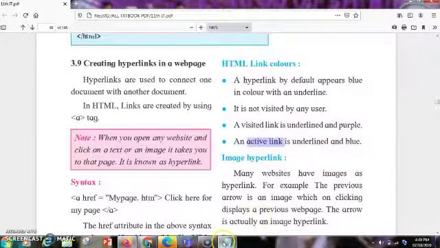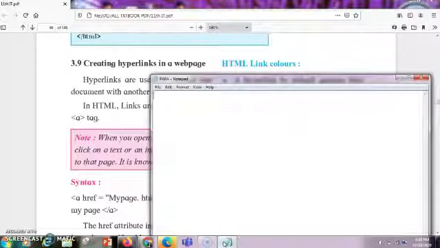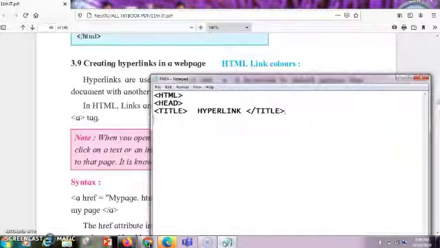Okay, so let us do a small hyperlink program in which we will connect two programs. I'll write the HTML tag, then the head tag. After that we are going to write the title. Inside the title I will write hyperlink. So I've given the title as hyperlink, and then I'll end the head tag.